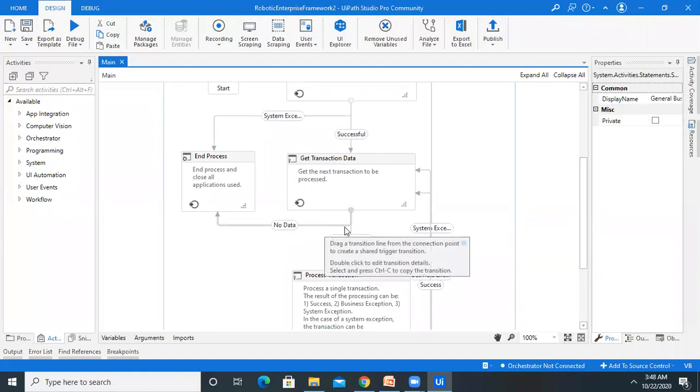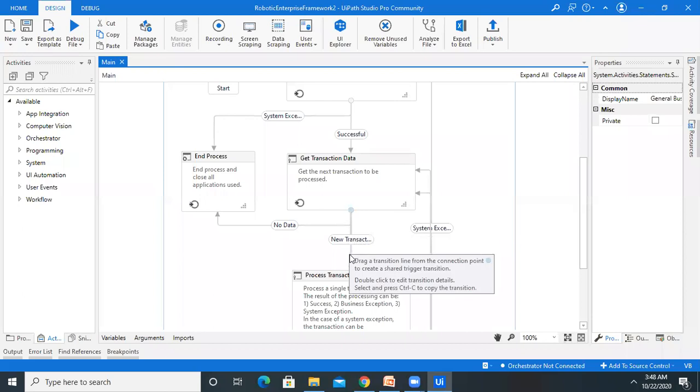Now this is the third state transition and the fourth one. If the continuous loop is completed and there is no more data available, it will end the process, so this will send the notification to end process. The fourth transition is new transaction, where in between you will find dynamic data or coded data which is available after executing the first step. If a new transition or new code is available, definitely this will be processed as a new transaction. So you can see here 2 here and 2 transitions here, it means 4.